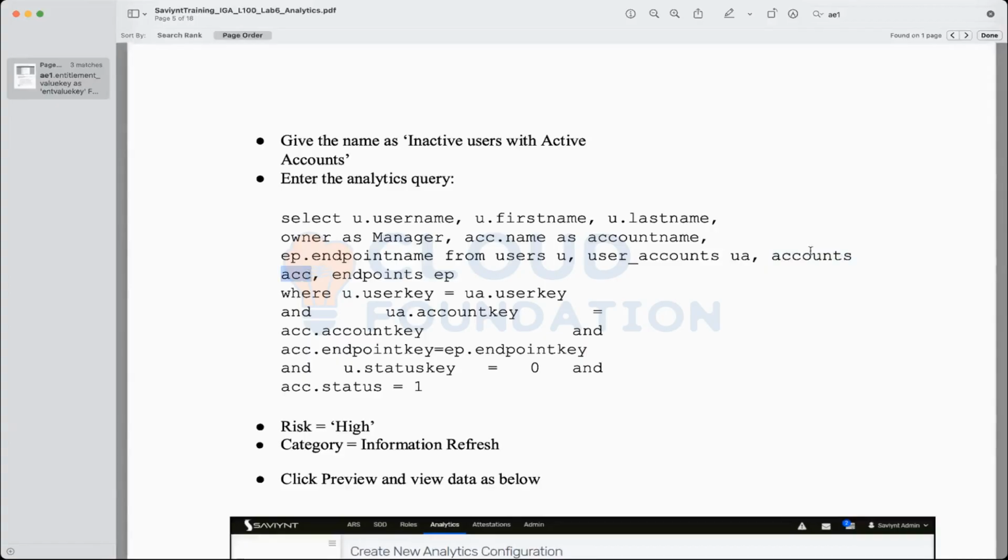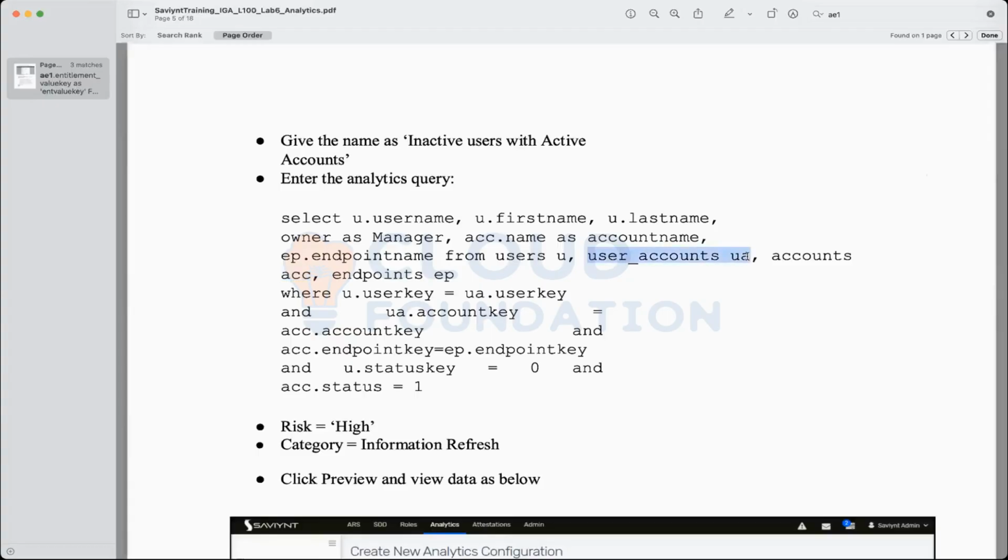Basically, the users table will store all the user related information. The accounts table will store all the account related information. But these users and accounts have to be correlated with each other, right? Otherwise, if you terminate your identity, how will your access to all the target applications go away? It goes away because there is a correlation which exists between both, correct? That correlation is maintained in a third table, which is called the user accounts table.